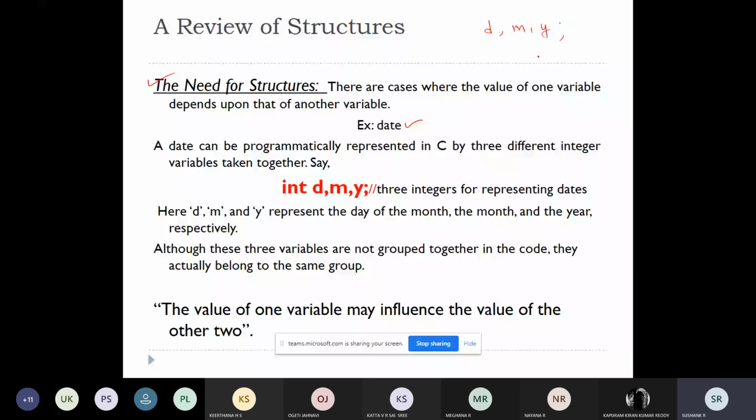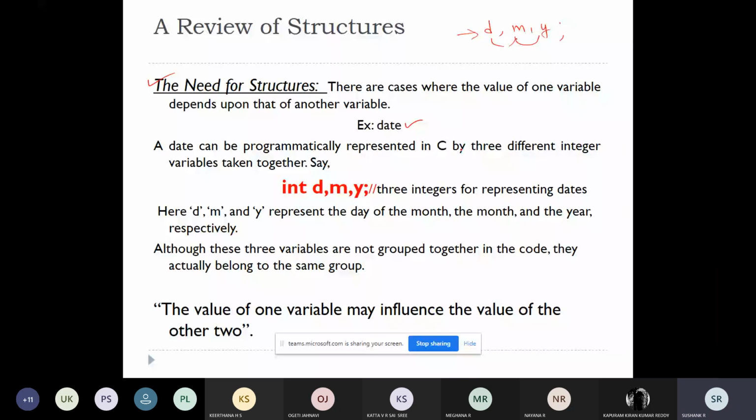So I want to store a variable called date. Date is a single variable, but that date can be represented through a combination of three variables. Here, the value of date depends on month, and the value of month will decide year.